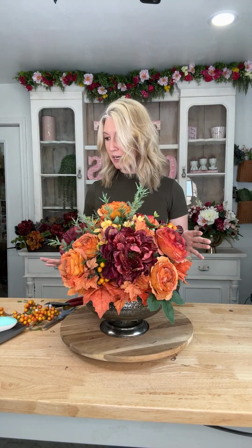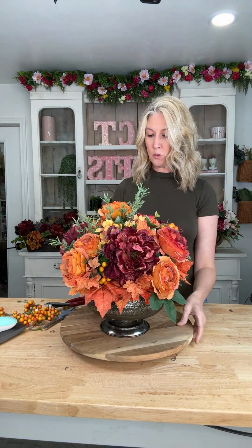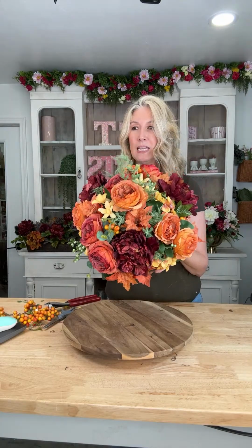I'm not even gonna open another bush. Thank you, Stephanie. I think we've got, between the little juniper berries and just a couple of these berries, I think we're good to go. So here is our